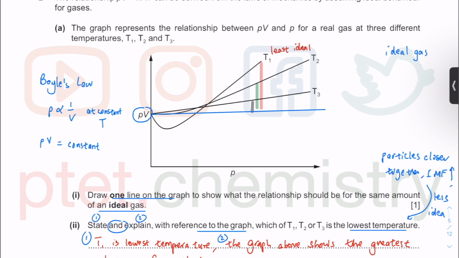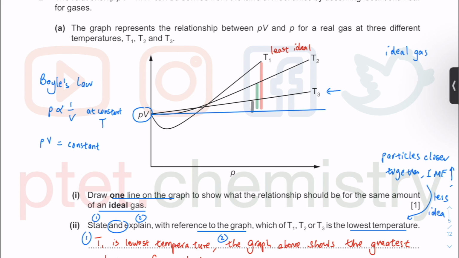Let's just look at the one where it's just one particular temperature. Let's just look at T3 for instance. So this is the one that deviates the least from the ideal gas. This must be the highest temperature. But even for the highest temperature, we can see that it still deviates from ideality, where PV equal to constant